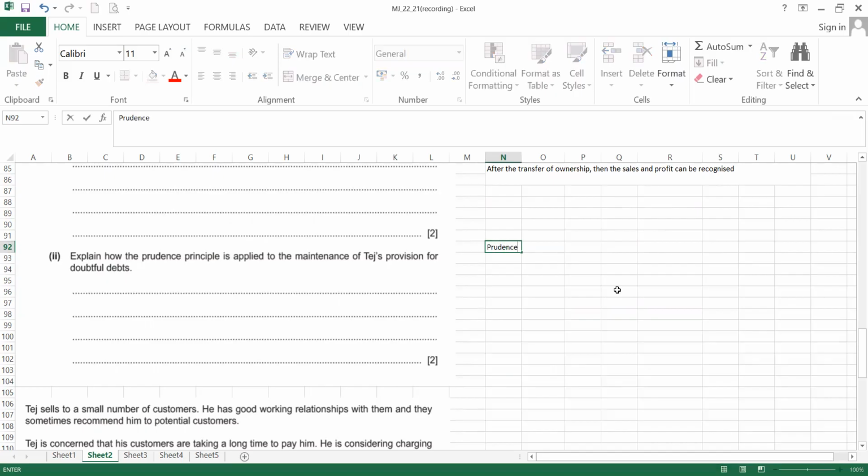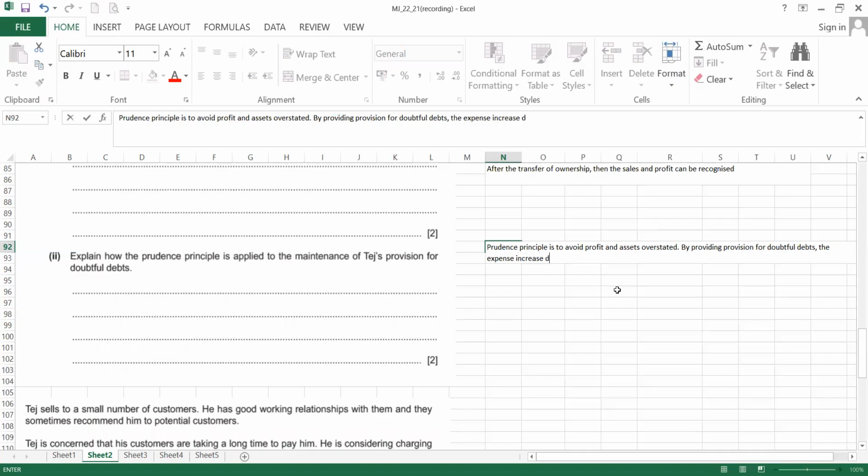The prudence principle is to avoid profit and asset being overstated by providing provision for doubtful debt. The expenses